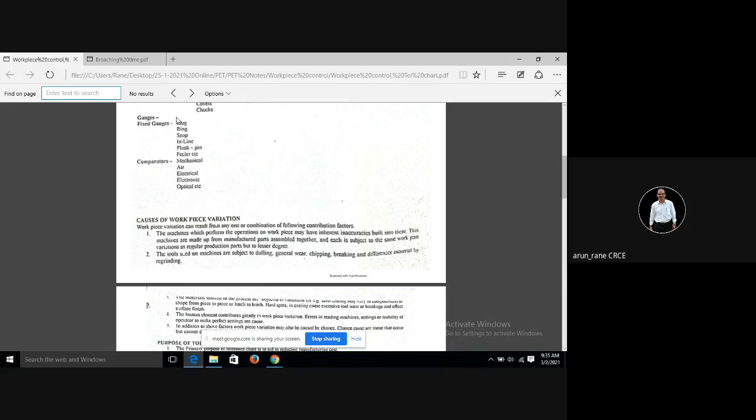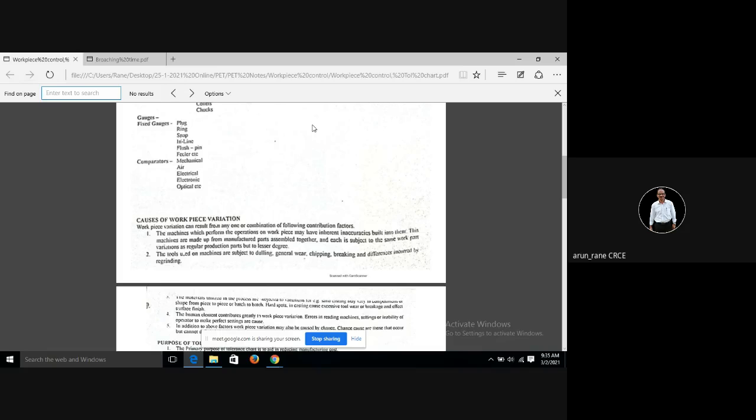Then there are fixed gauges. Why are they called fixed gauges? Because each is meant for a particular size only. Suppose I say plug gauge. Here you have to remember that a plug gauge is used for measuring the inside diameter, that is the bore of the workpiece. Then ring gauges are used for measuring the outside diameter. Now coming to the plug and these gauges, except the pillar gauge, they are of go and no go type. So go plug gauge and no go plug gauge.